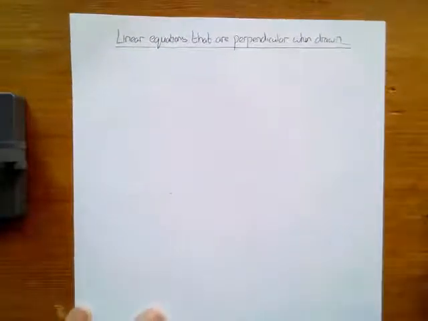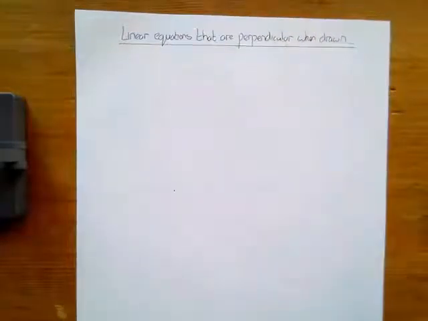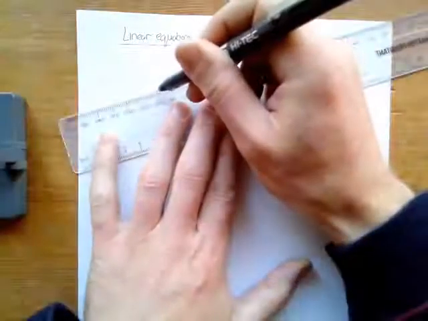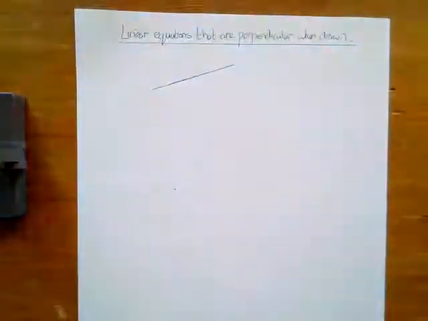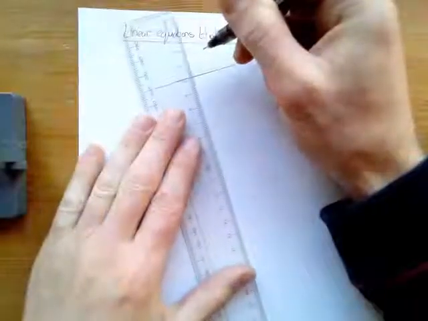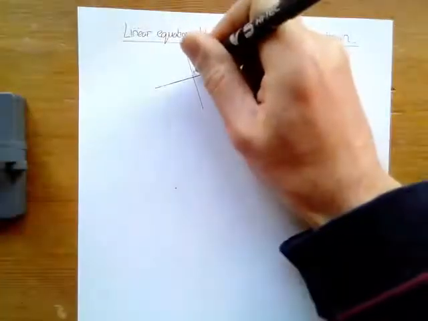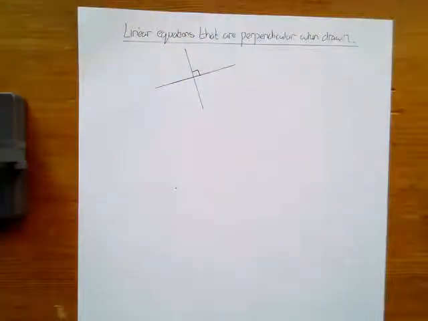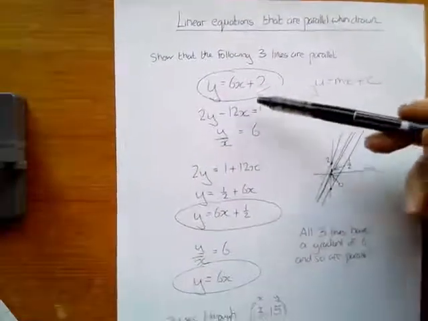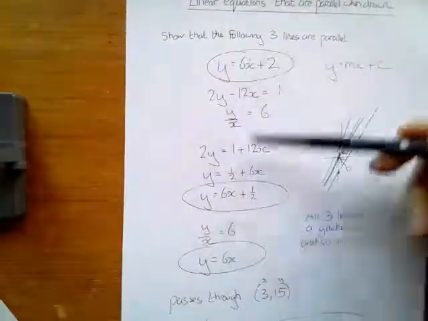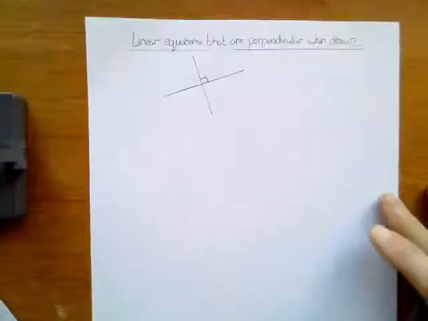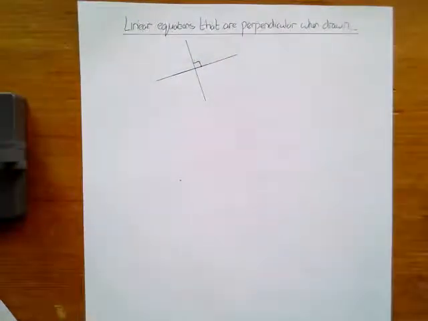First of all, you need to know what that word means, perpendicular. Hopefully you do. Perpendicular just means at right angles. If I draw a line like that, and I want to find the line that's perpendicular to that, I move my ruler around and draw a line down there. They are what we call perpendicular lines, and they have a right angle here. With parallel lines, these numbers were the same. In the example I did, they were 6. For perpendicular lines, the gradients are not the same, obviously, otherwise they would be parallel, but there is a relationship